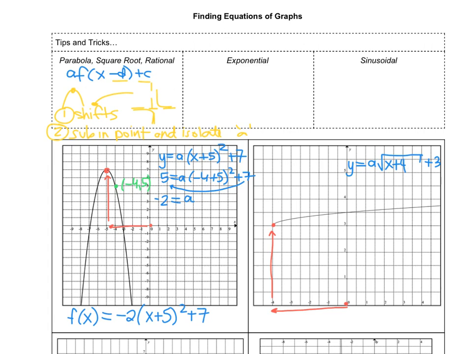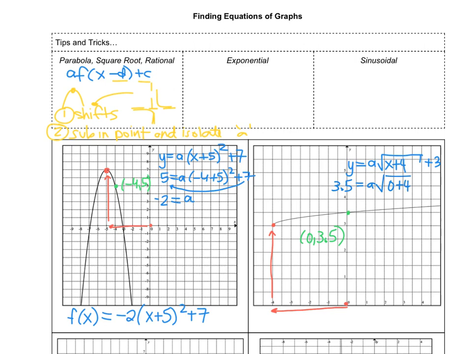So here, K is still positive because there was no reflection over Y. So let's find a nice clean point that we can sub in. Now looking at this, I don't see any points that have a nice whole number, but this is still a decent point, (0, 3.5), because I can clearly read it off. So I'm going to put 3.5 for Y,